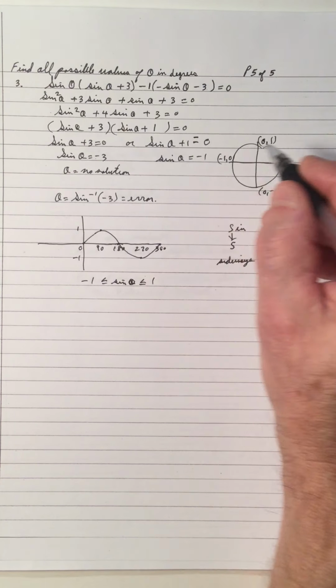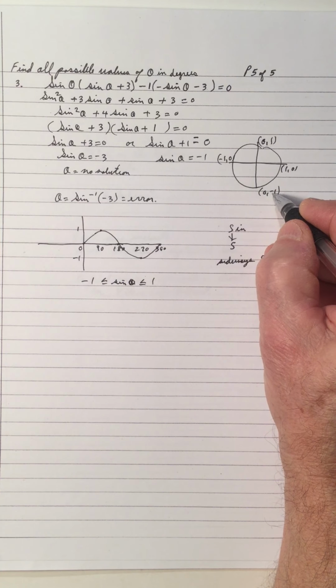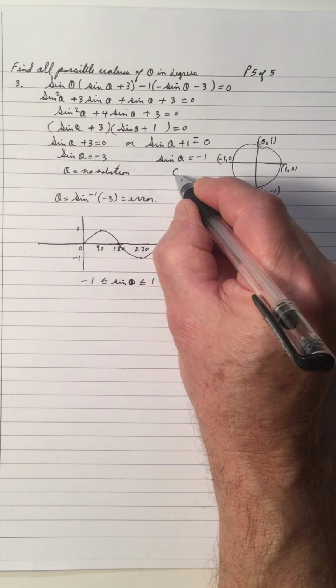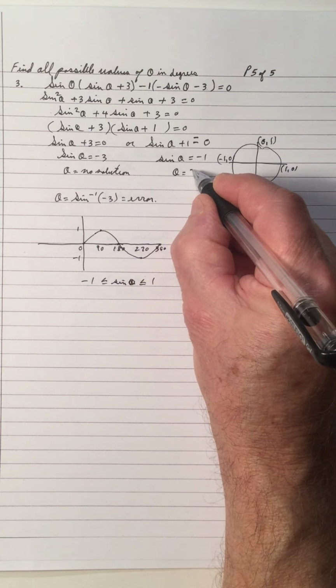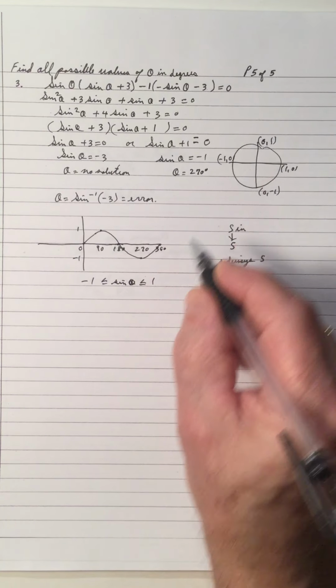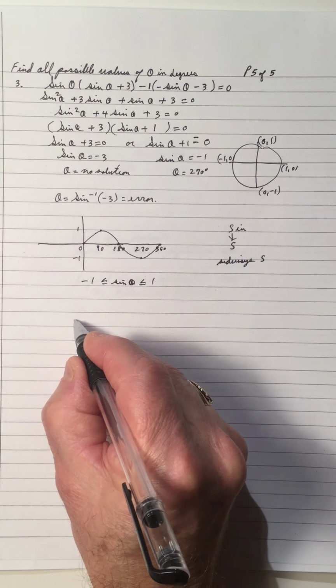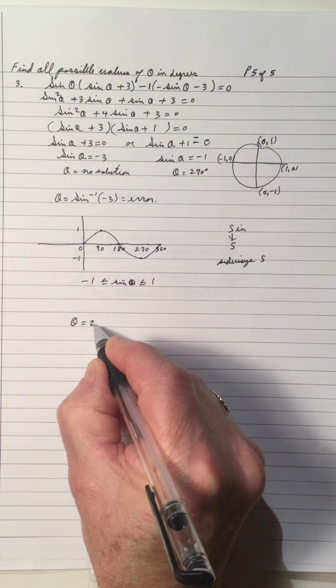And sine is the y, which is negative 1 right here. Y is 0, 1, 0, negative 1. So theta right here is 270 degrees. And it says you want all possible. So we have one answer, which is 270. But